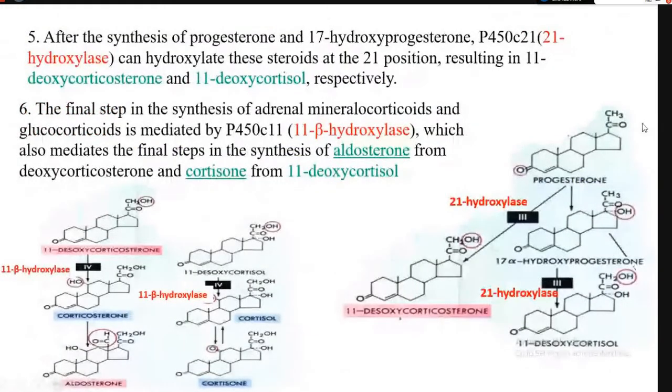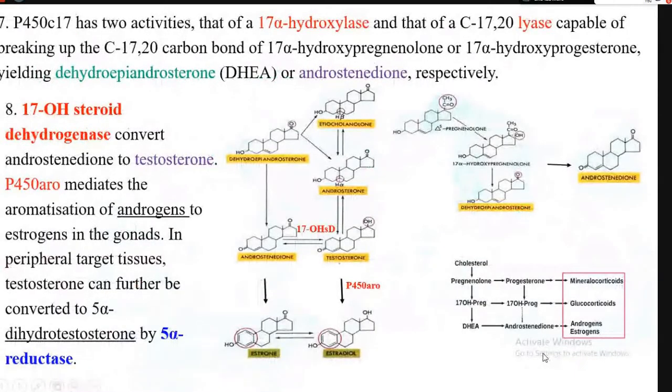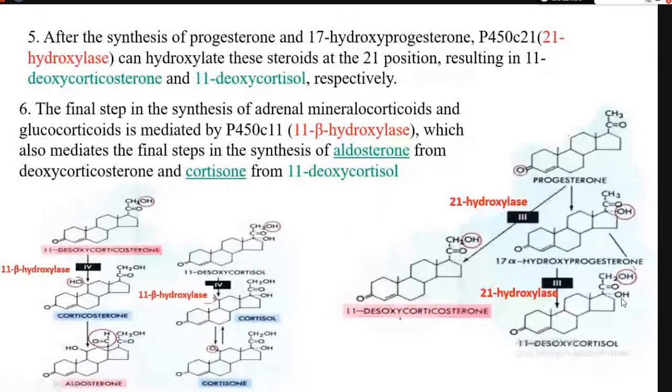is changed into hydroxyl. Another characteristic is that this progesterone can be changed into 17-alpha hydroxyprogesterone. Also, with the 21-hydroxylase enzyme, it is also deoxycortisol. Again, a hydroxyl group change.